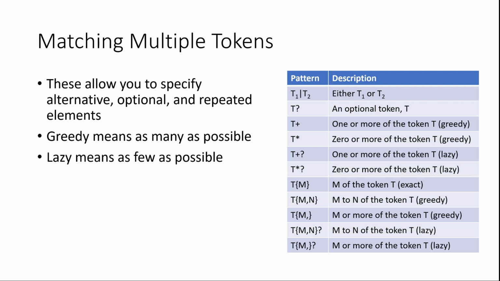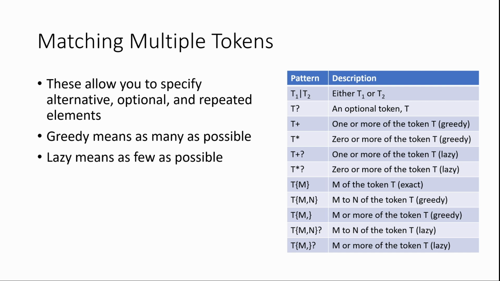In the first case, we can put a vertical bar between two tokens, and it says I want to match either the token on one side or the token on the other side, but not both. If you put a question mark afterwards, it says that that token is optional. If you put a plus afterwards, it means that you want to match one or more of that token. Star, or asterisk, is similar, and that means 0 or